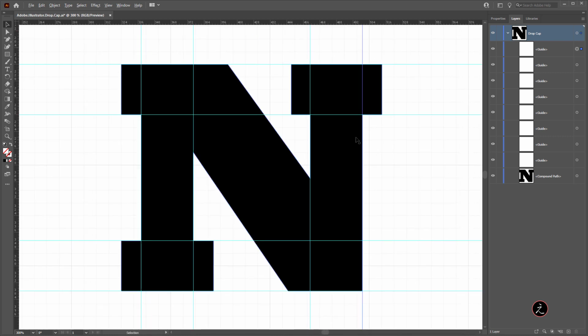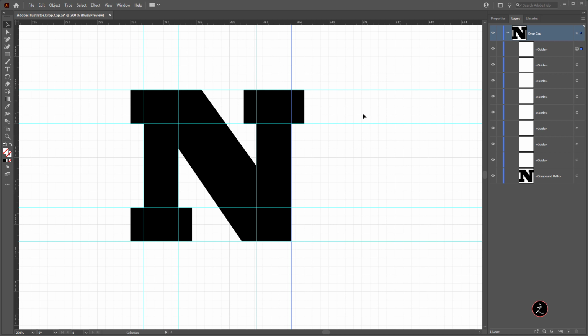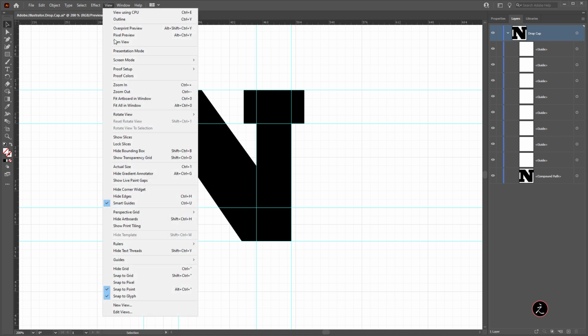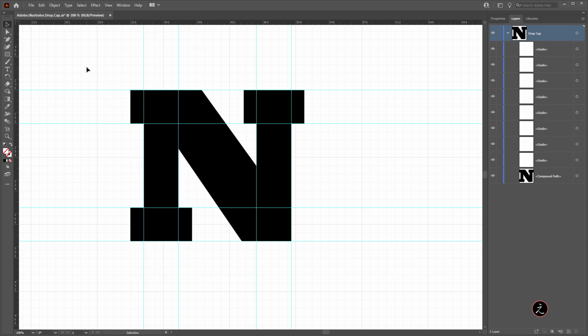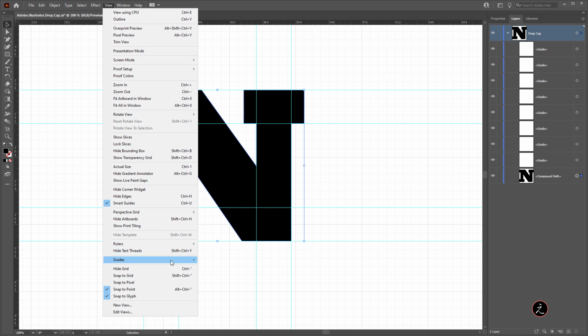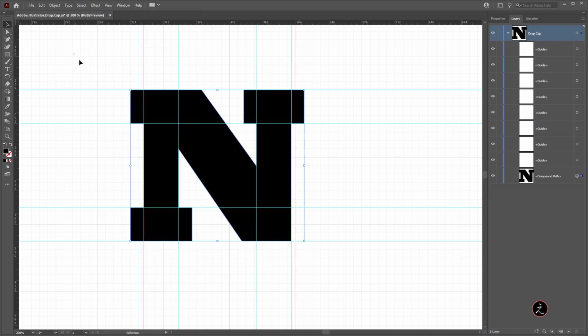Okay. So this is one thing. Now what I need to do is, as I mentioned before, we're going to split this into several parts. So with this selection tool, I'm going to marquee select everything. You see everything gets selected. Let me show you something that might happen to you. If you have your guides locked and you try to select this, only this compound path will be selected. So you want to be on the lookout for this. Just make sure that your guides are unlocked. Marquee select everything. Again, you're going to be double checking your work inside the Layers panel. Everything has been selected now.